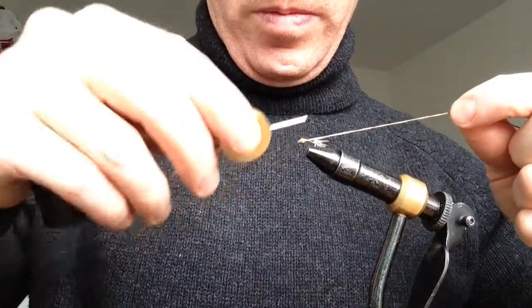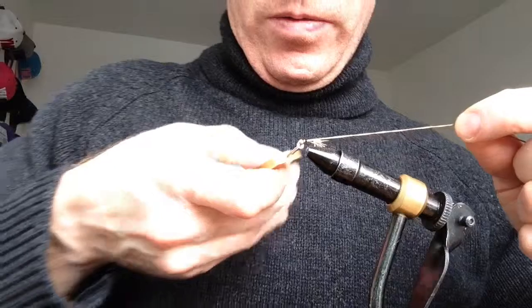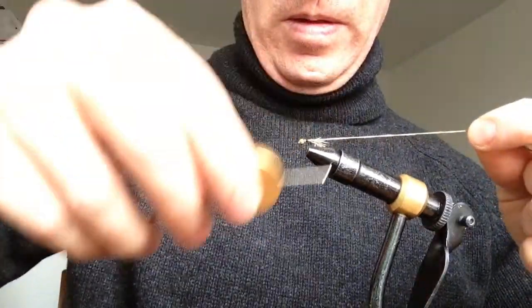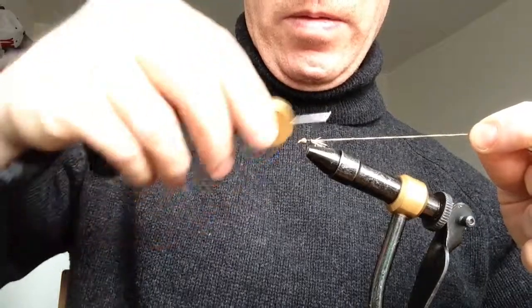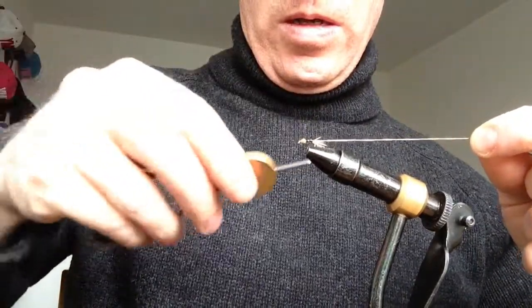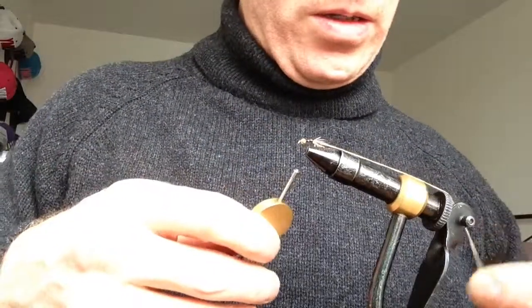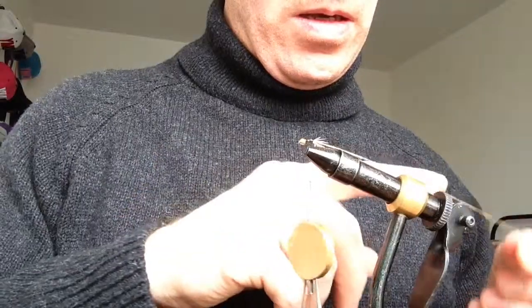Okay, so this piece is forming the underbody, which will give the thorax of the fly some shape and some body to it. The reason why we've got two different colours that we're going to tie in, see, I notice I hang it down at the end, at the back, just